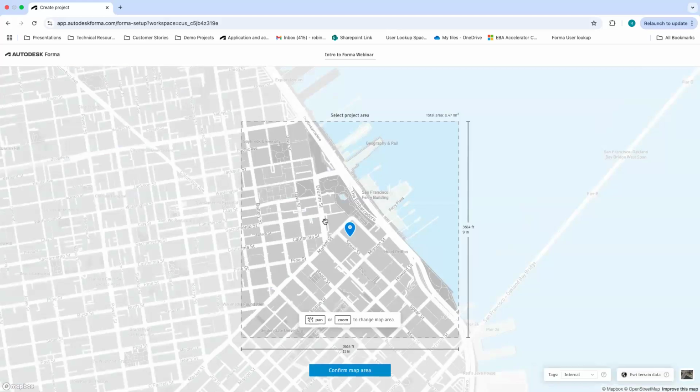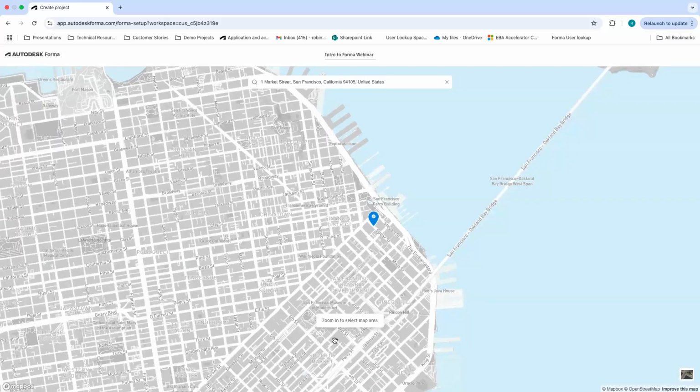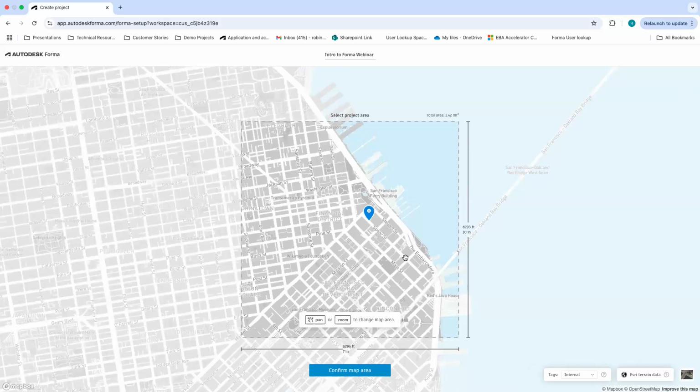Once you click enter for your address, it's going to ask you to confirm the map area of your site. It's going to automatically show you a square total area. Right now it's a half square mile. You can zoom out to an extent, and then it's going to take away the option to create a project. So I want to stop here and